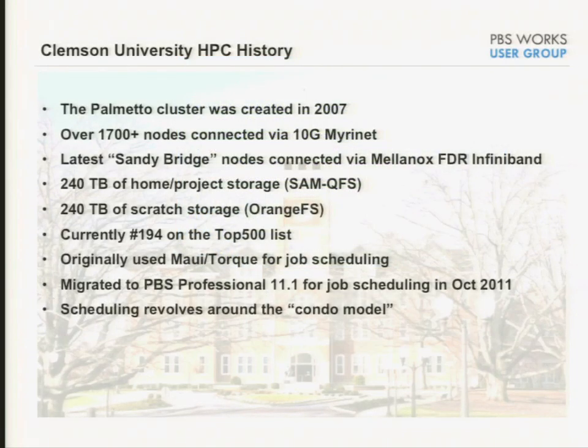So first of all, I'm going to give you a little history of HPC at Clemson. First of all, we have the Palmetto cluster. The Palmetto is the actual name of the state tree, so that's where the name comes from. We put it together in 2007. Currently, it's over 1,700 nodes, roughly